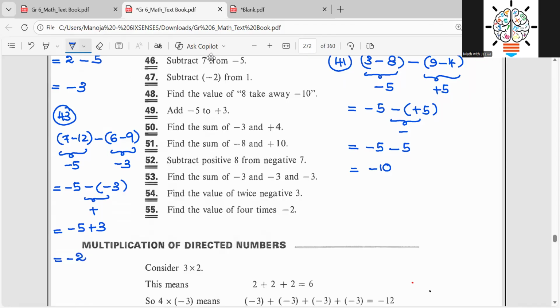7 minus 12, negative 5. 6 minus 9, negative 3. Negative 5, subtract negative 3. Negative becomes positive. Negative 5, positive 3, negative 2. Did you see the way that you can do this? Right? You can do this and double check your answers. Then we will move to the